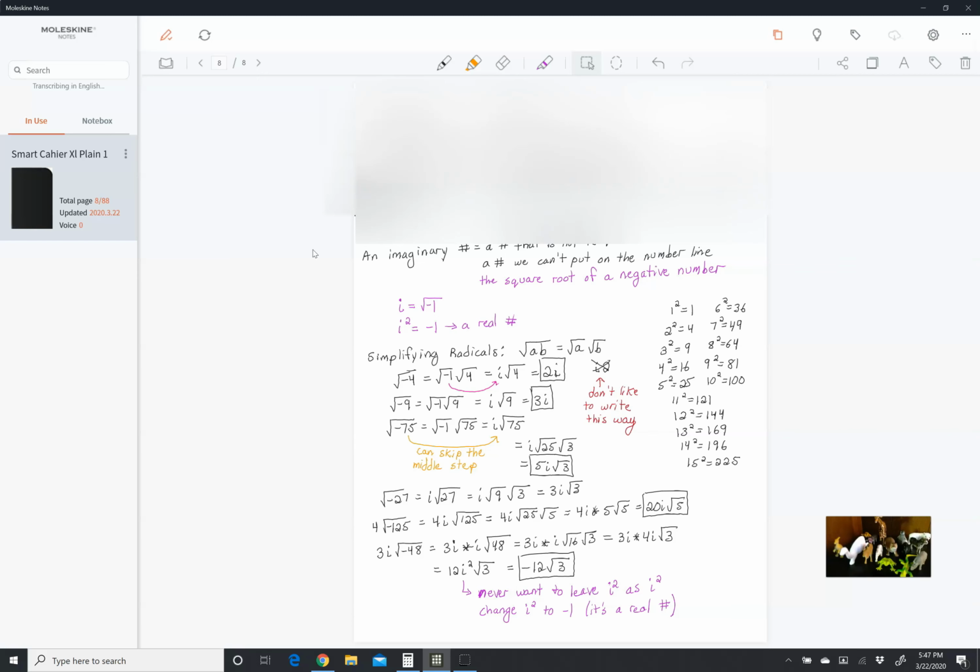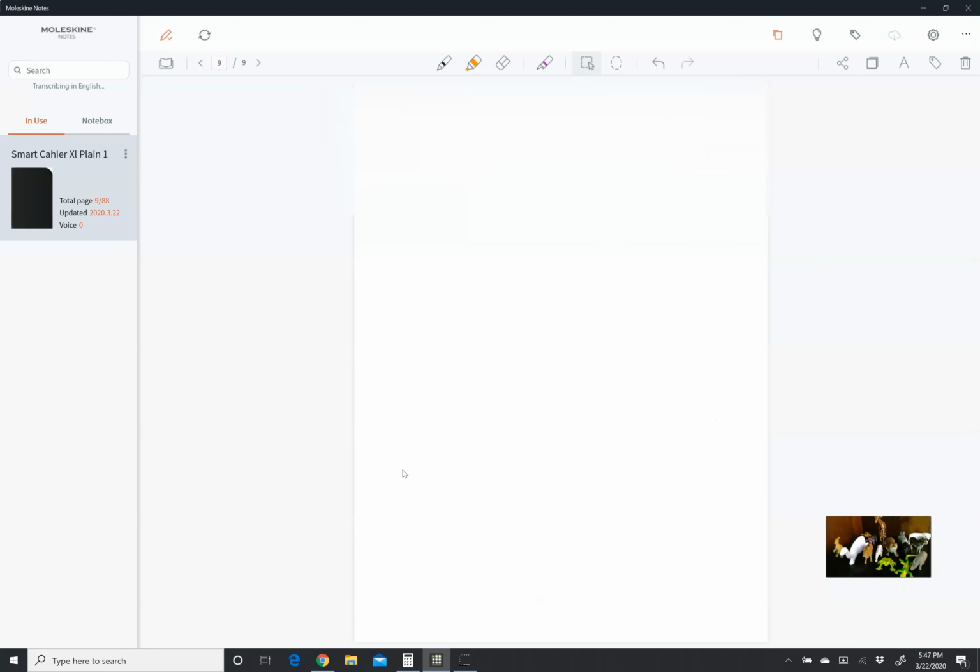Okay. And there's one more thing here. Let's take it where we have multiple square roots at the same time. And this is not any harder. Don't make this harder than it is. All it is, we're taking a group here and we're just going to simplify one at a time. So let's take an example. Let's say that we have 6i square root of negative 27